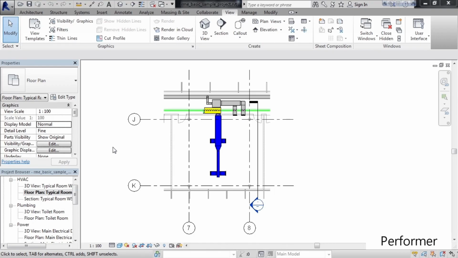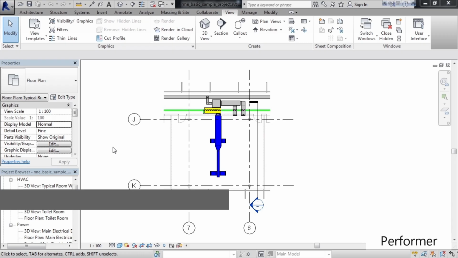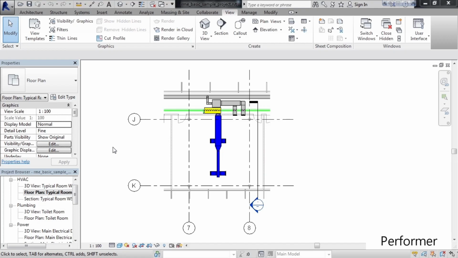In this lesson, we'll cover the system browser. You may ask yourself, well, what is the system browser and what does it do within Revit? The system browser is an area where you can actually see all of your systems and all the components that make up the system, or components that would be for a system but aren't currently assigned to a system. And it allows you to view the properties, edit the properties, and look at other information used in calculations and